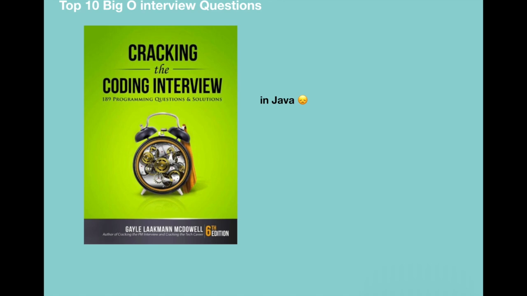Throughout this course, I will use this book to explain real interview questions, and I will convert the code from Java to Python to make our lives easier. I have not included all the questions from the book over here because there are some questions in the book which require data structure and algorithm knowledge that we haven't covered yet. But as we continue on these topics, I will include them. So let's continue to the first question.